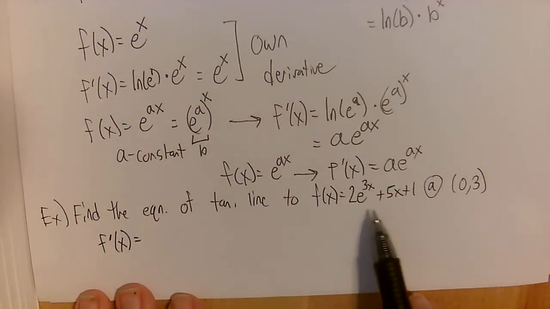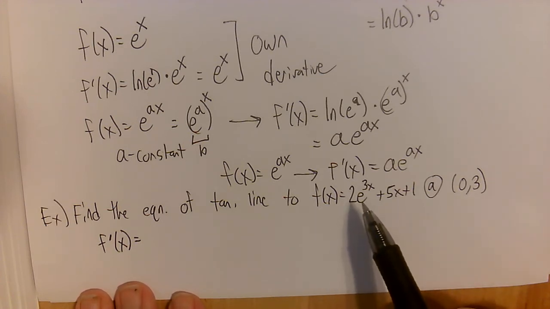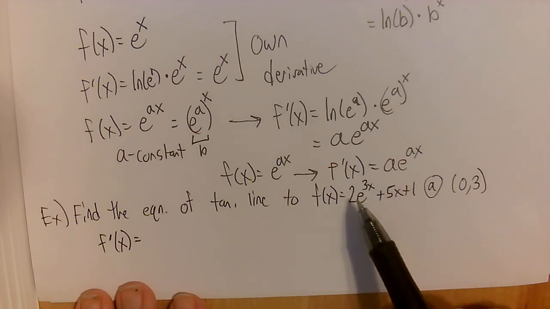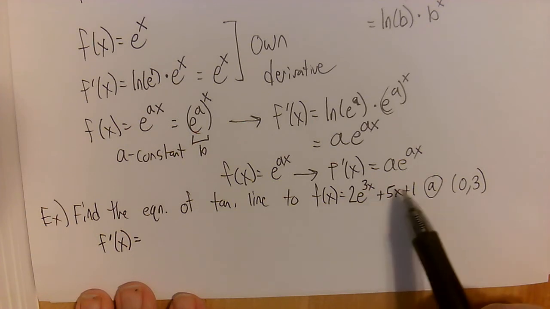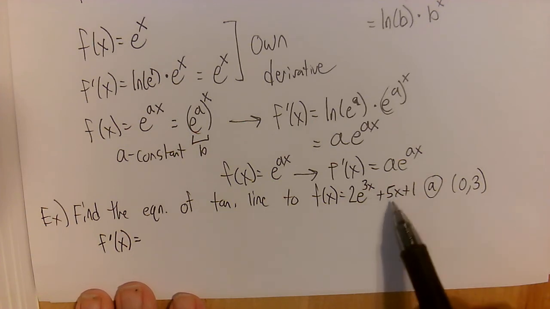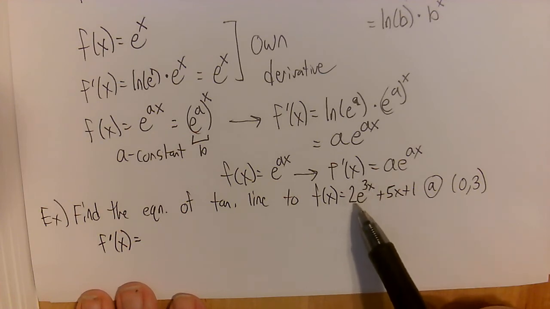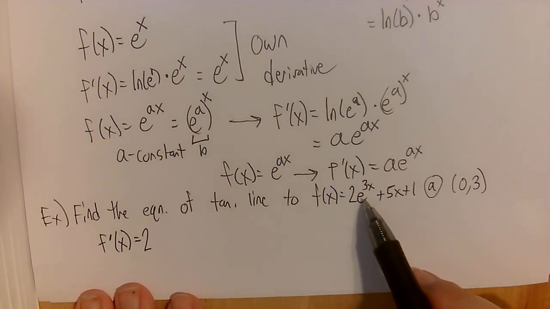Now, what we can do here is use all of the derivative rules that we've learned. The first thing we're going to notice is that these are split up by addition, right? You can almost imagine these 3 functions as their own little islands separated by a sea of addition or subtraction. So our first function here, let's try to do the derivative of this. The first thing we notice is that derivatives ignore constants in front of them. So that 2 is just going to stay there, and then we're doing the derivative of